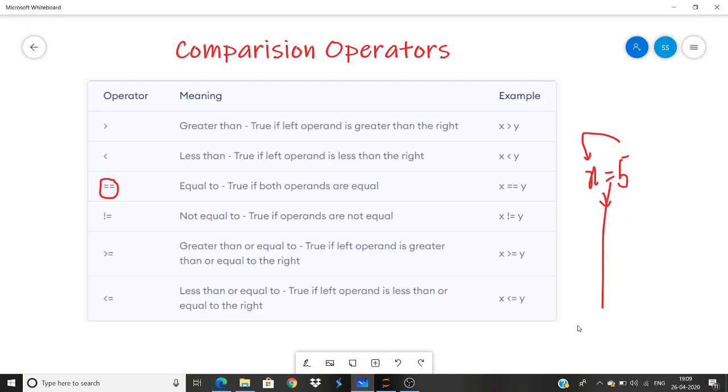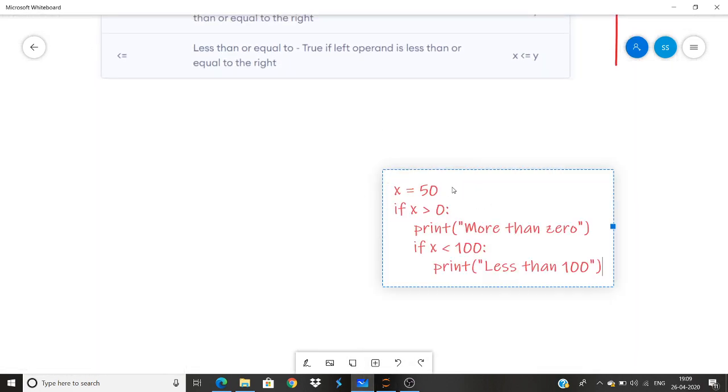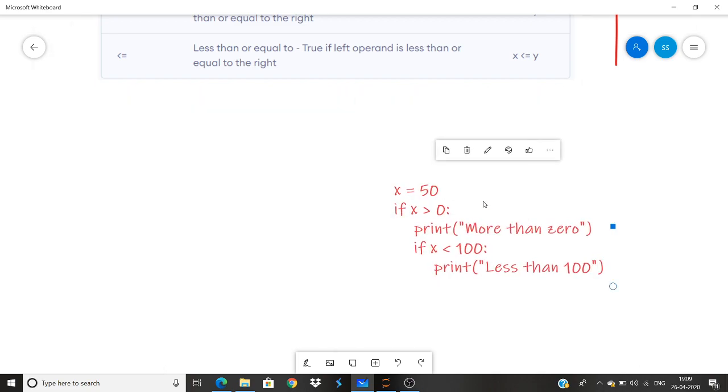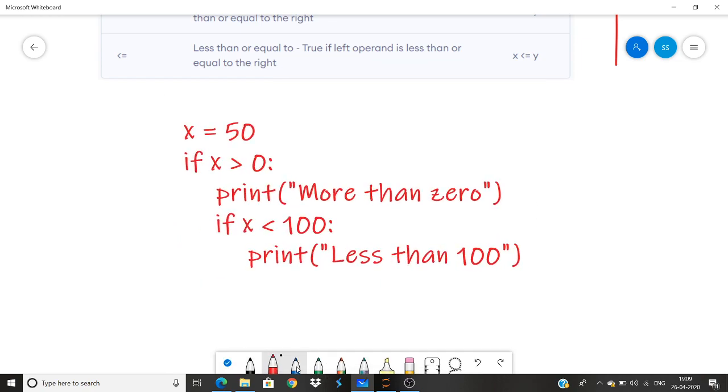So for example, we have this, and what it does is, we have assigned the value 50 to x, and x becomes 50 here. Now we'll check if x is greater than 50, then it will be more than 0. So it passes the first condition. It does not see an indentation break here. It does not see an indentation break here. It's saying, okay, you are actually continuing going forward in this if only.